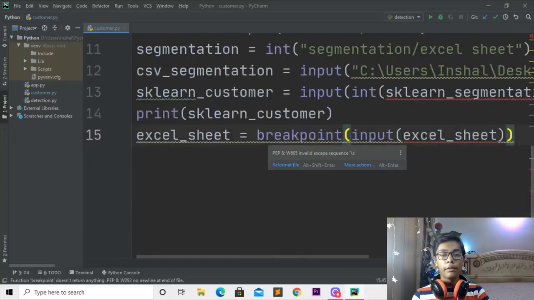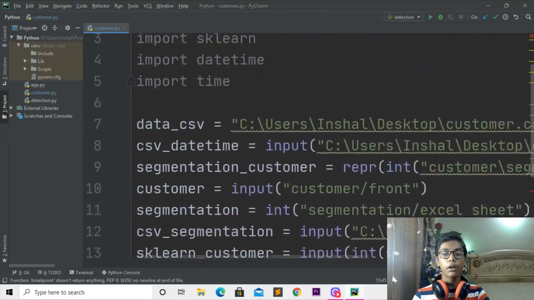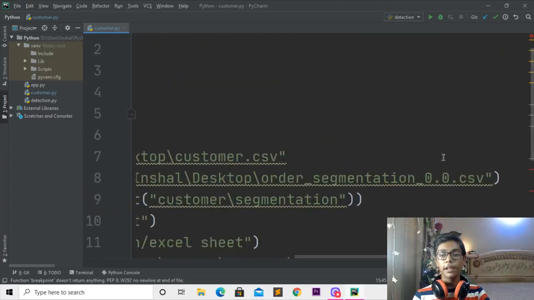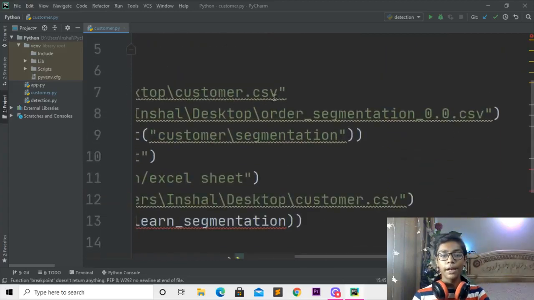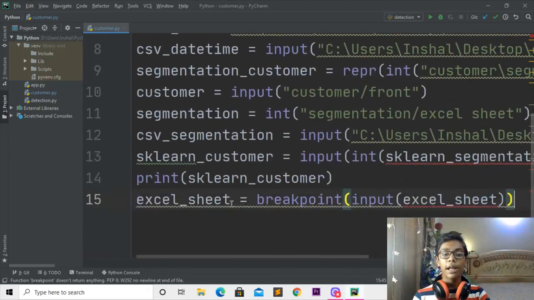So you can see we are working with these things, and all the things are just perfect, and we can work with all of them. So here when you've done with that, if I just go forward, you can see we are getting these things: the CSV file we have connected, customers.csv, and order segmentation we have done. Until here I hope you understand, and now we have to understand